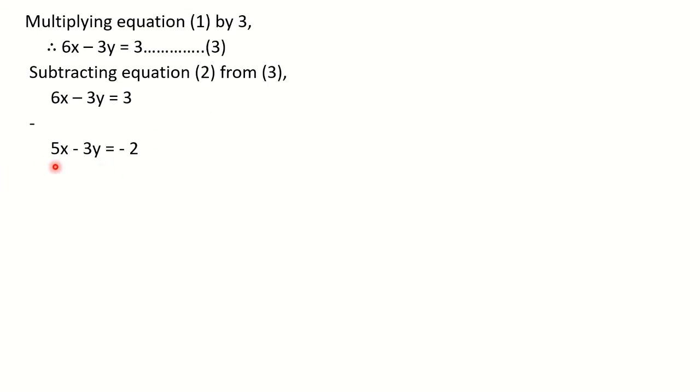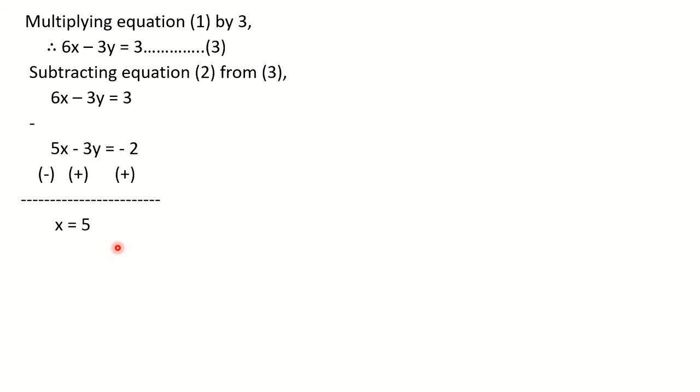Okay. And here whenever you are going for subtraction, you have to change the signs. So don't forget to change the sign. See, plus has become minus, minus has become plus, and this minus also has become plus. Now see, minus 3y and plus 3y. Observe new signs. So they will get cancelled. Okay, y will be eliminated. And here 6x minus 5x, we are going to get x on left hand side. And here 3 plus 2, that is 5. So we got x is equal to 5.